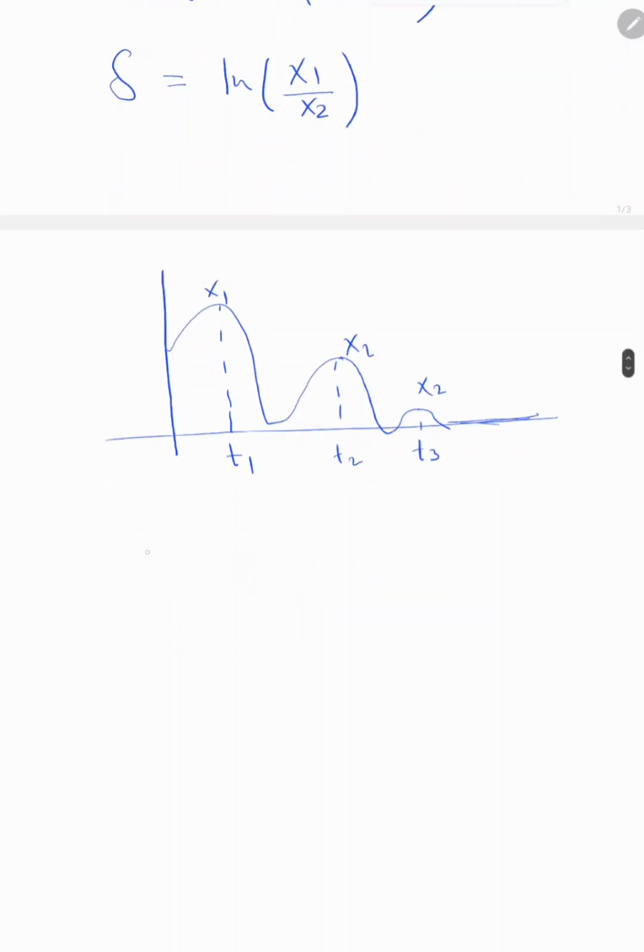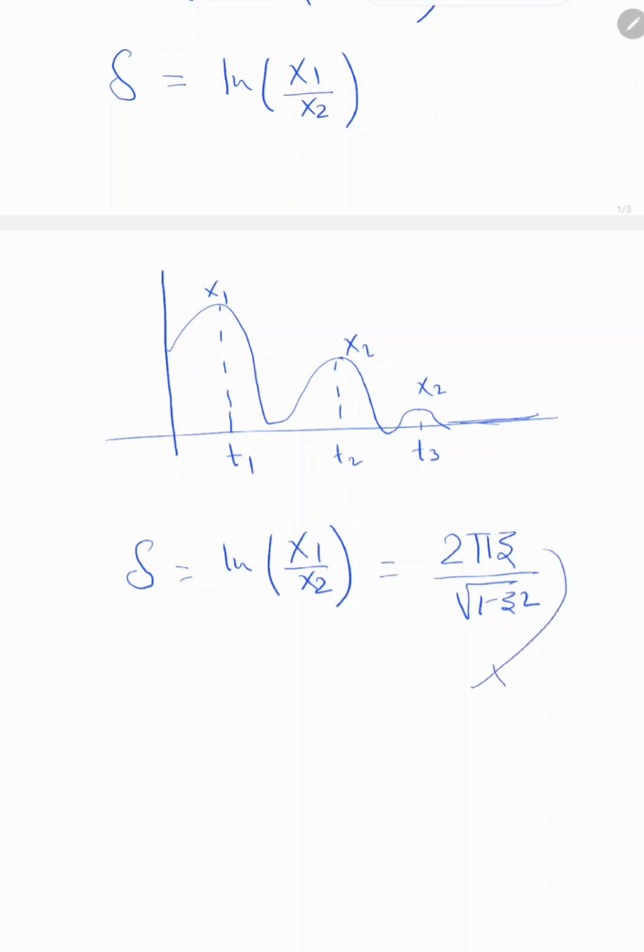Now we are able to determine the logarithmic decrement delta by simply taking the natural log of two consecutive displacements x1 and x2. After getting this logarithmic decrement, we have one formula: delta equals 2 pi zeta over root of 1 minus zeta squared. So after getting this value delta from this response curve, we can easily calculate this damping factor zeta,